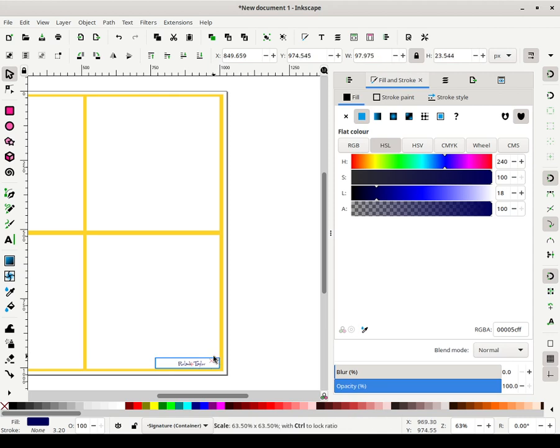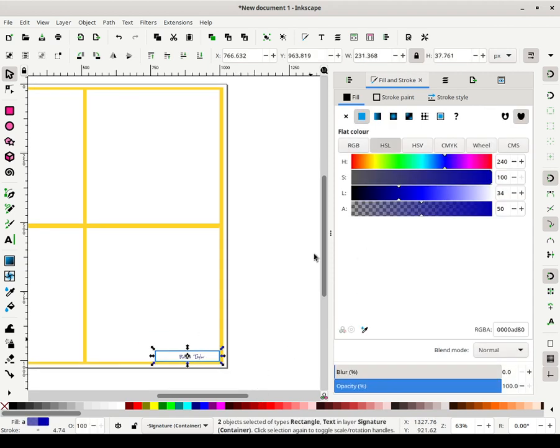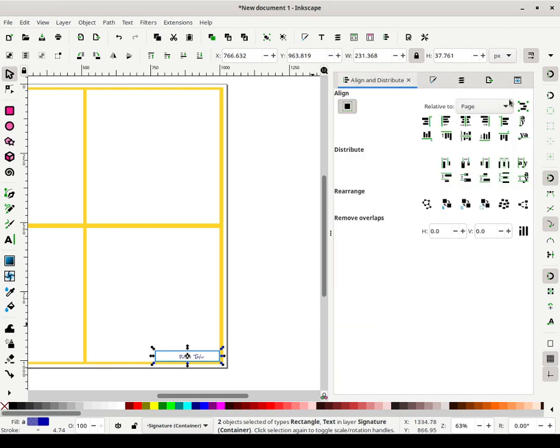Now the other reason why you want to have this transparent rectangle here is it will allow you to align your signature even better than you would if you were to just drop it on the page and drag it around. So what we're going to do is select everything in the layer, go to align and distribute, and I forgot to change the setting, not page. Choose biggest object and then align vertically or horizontally, and there you have it. Now your signature is in position correctly.